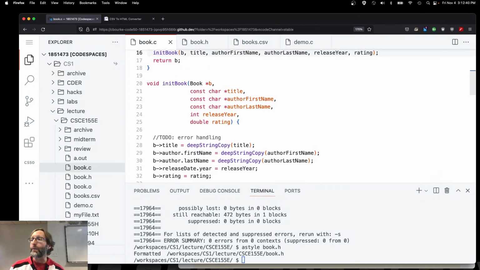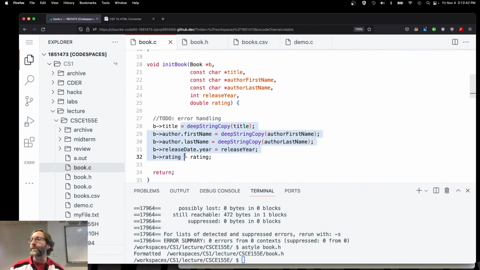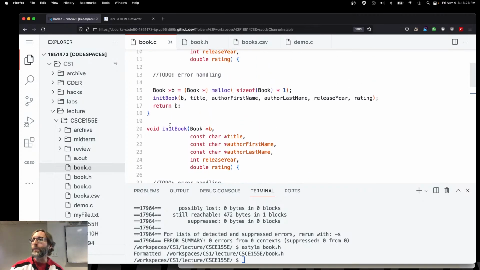Because if there was a bug somewhere in those 5 lines of code, then I've got twice as many bugs because I've repeated that code somewhere. If I've only got 1 copy, then I've only got 1 bug that I need to deal with. Because if I had 2 copies with the same bug and I fix the bug here, that doesn't fix the bug here. You want to reduce the number of potential failure points. You want to make sure that functions are calling other functions,